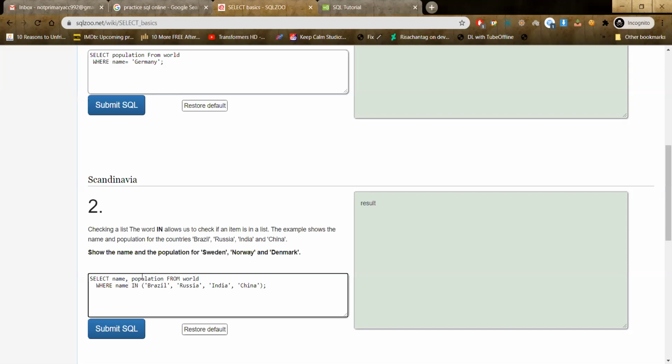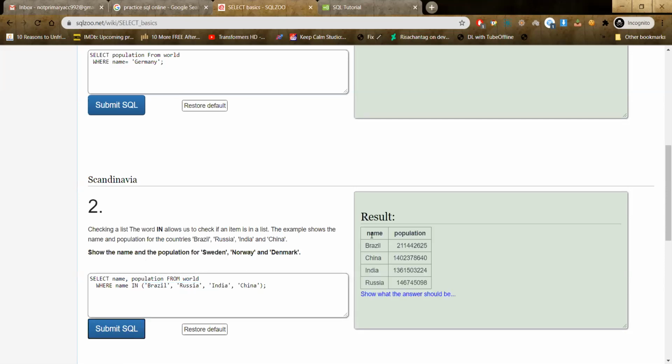So in this case, we are going to see not the entire data, but the name and population columns for countries whose name is in this list. So if I run this statement, it is going to show me names and populations for these 4 countries.